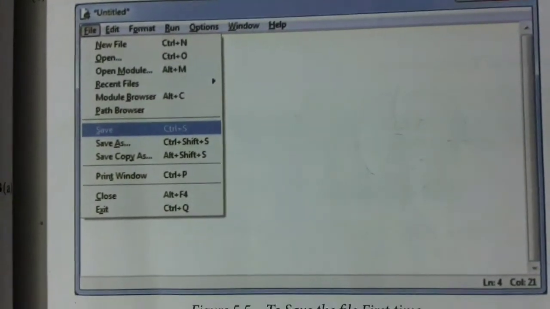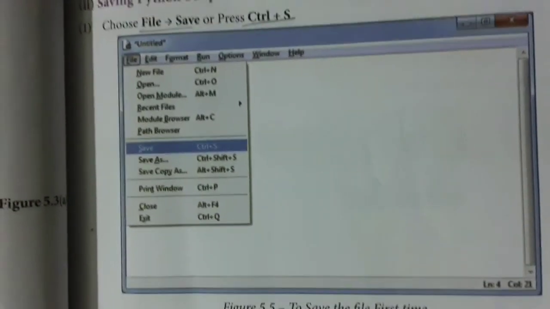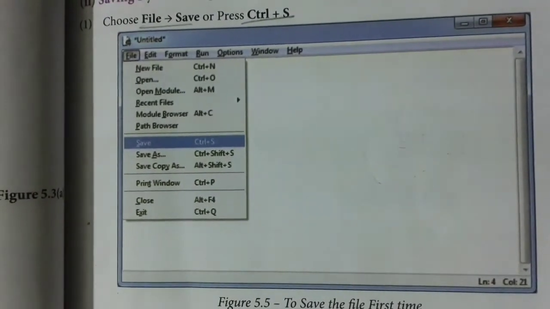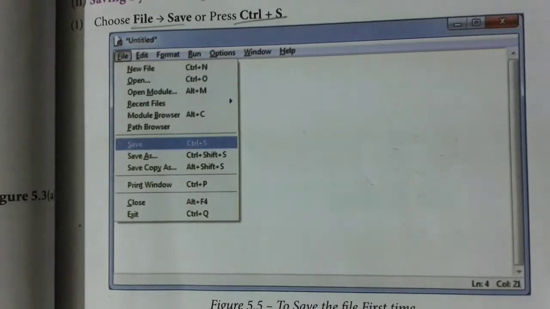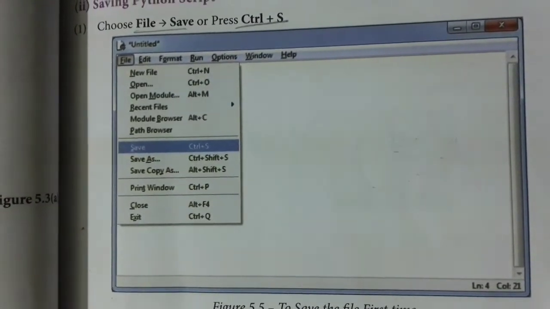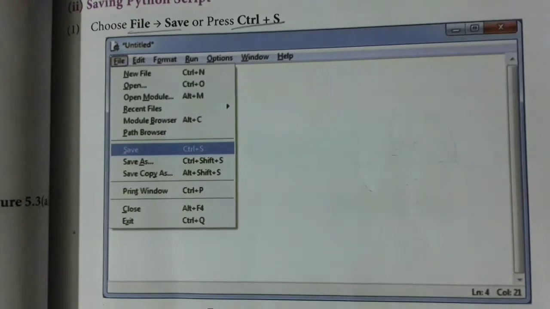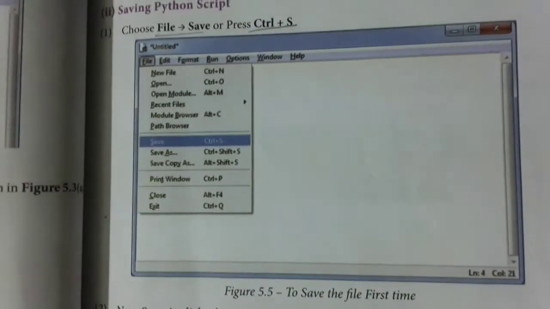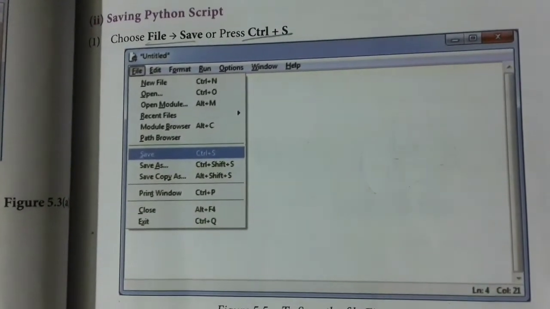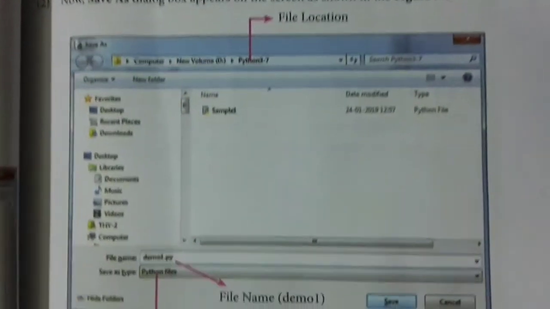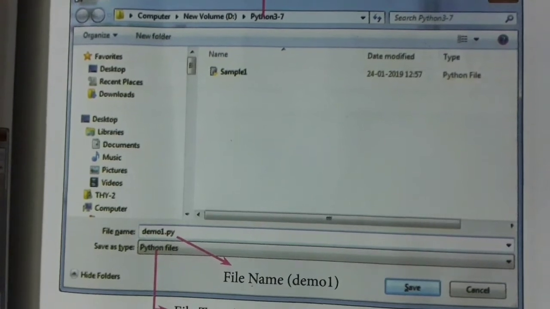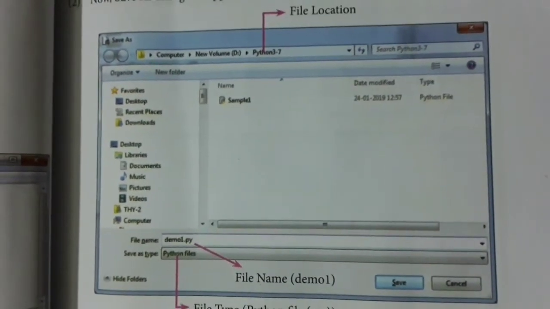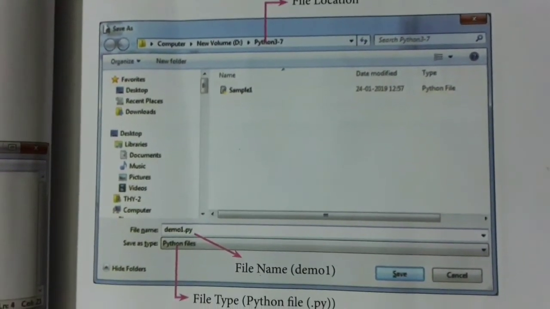After typing the code, the file has to be saved. Click File, Save, or Ctrl+S to save your file. A save dialog box will open. Here you have to type the name of the file with the .py extension. .py is the extension for Python, and you have to save the file.